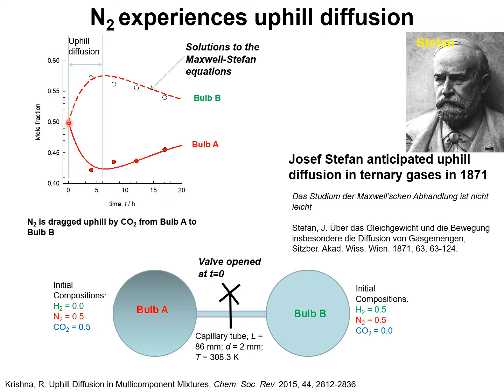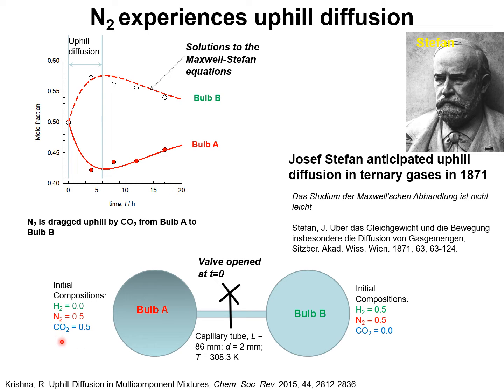And what is notable is that bulb B has a higher mole fraction of nitrogen, but this continues to increase at the expense of the composition of nitrogen in bulb A. In other words, nitrogen is being pumped from bulb A to bulb B, and the reason for this in physical terms can be